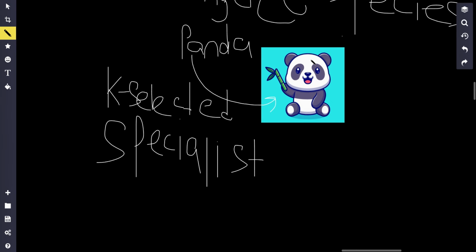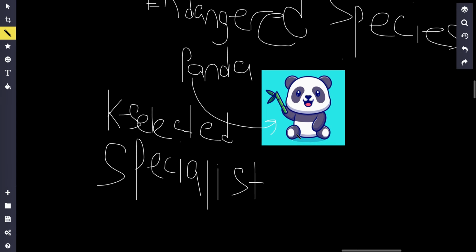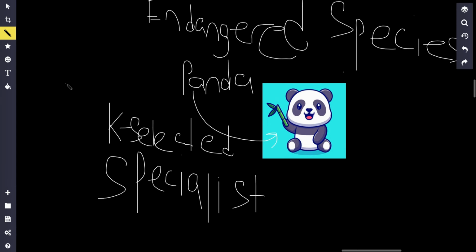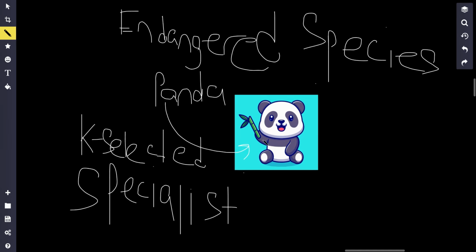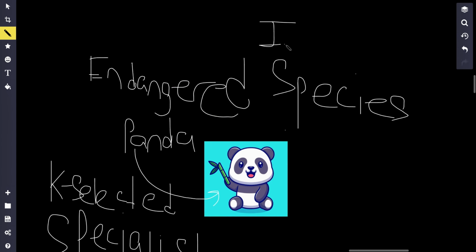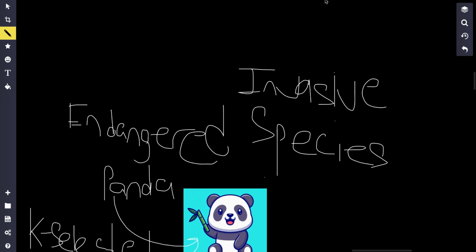So you're telling me that this panda right over here, if it gets outcompeted for resources, it's going to have little children, right? The population isn't going to recover that fast. And it has a narrow range of conditions, meaning that if it migrates to another area, it's probably not going to adapt to those conditions, right? So one cause for species being endangered is, like I said before, I'll say it now, invasive species.